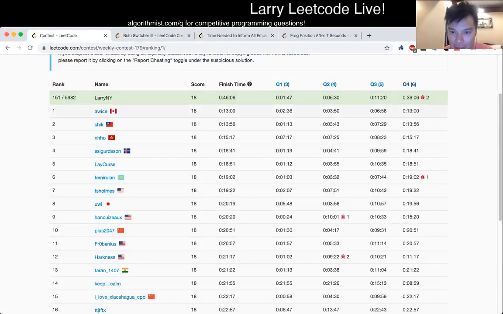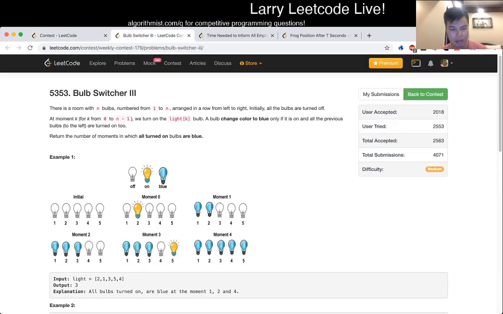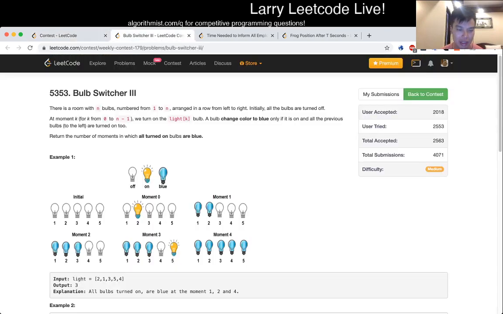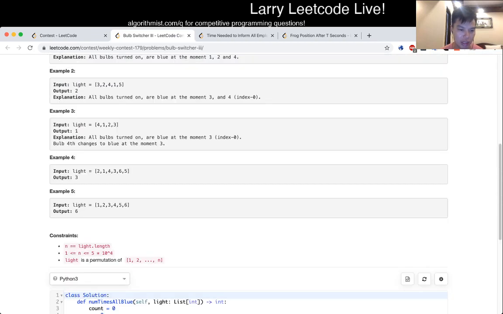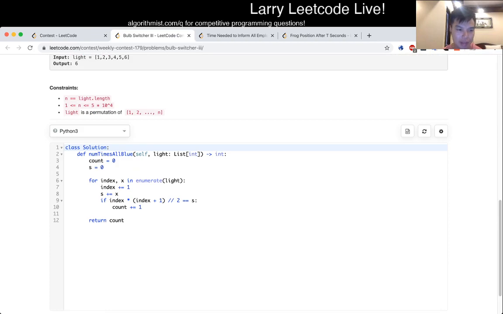Second one, I was actually pretty proud of this one. People got it pretty quickly as well, but I wasn't sure. I was trying to think in my head to prove it correct, and maybe there are other ways to sum up the prefix. I was thinking about using a binary index tree, and I think that is probably how people did it so quickly. With a binary index tree, you don't really have to think about it. You just do it, and you could do an n log n, which is fast enough anyway. But then O of n,